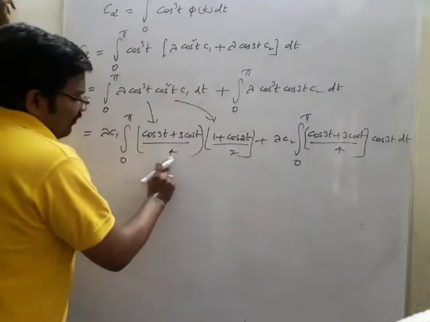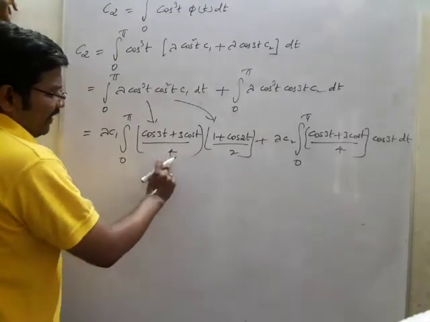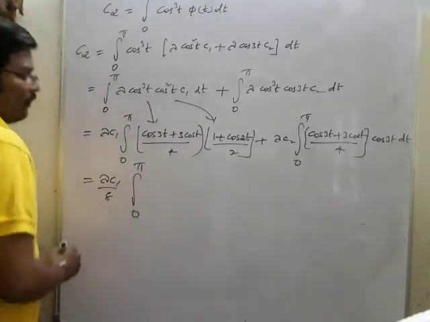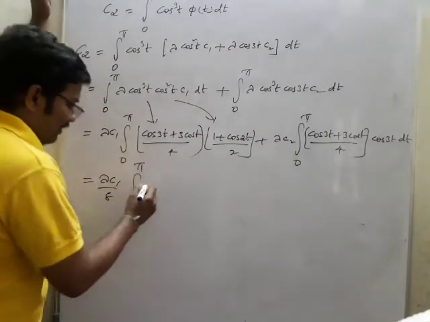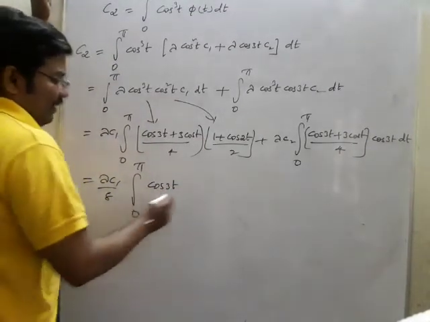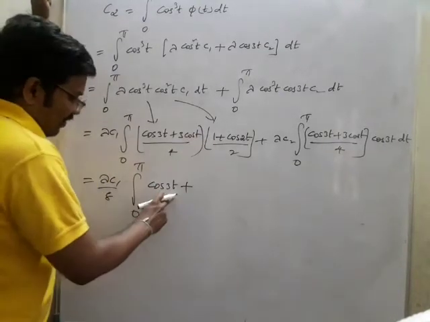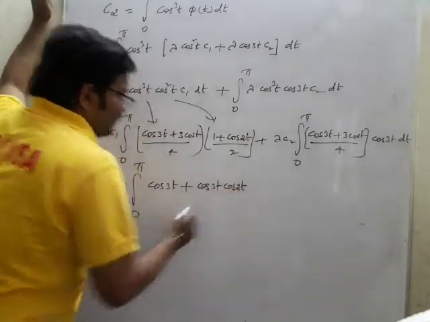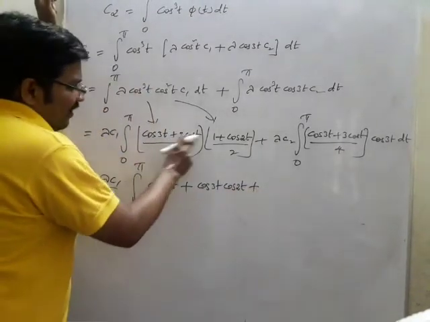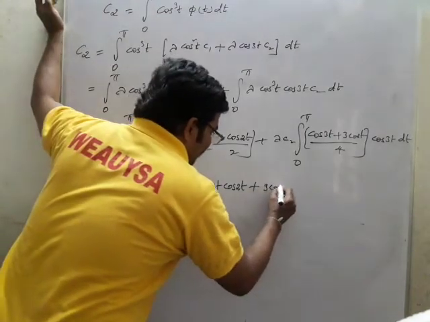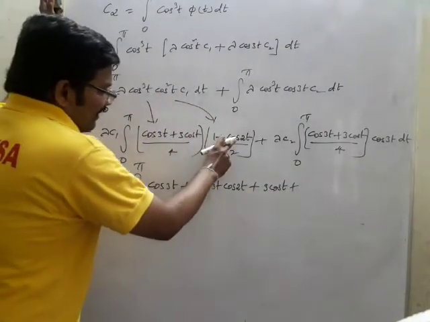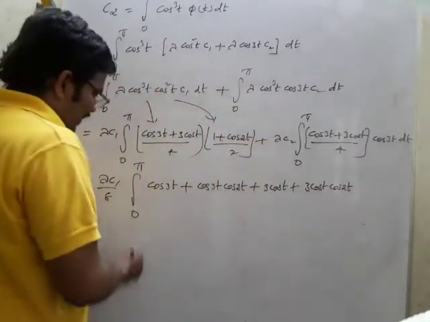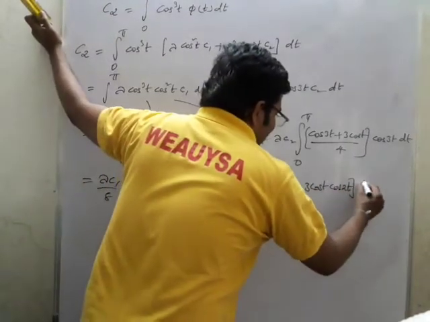Okay, now this is 4 and the 2 I'll take outside, means 8. So lambda c1 by 8 integral 0 to pi, I'll multiply cos 3t into 1, cos 3t. Okay, plus cos 3t into 1 is cos 3t, cos 3t into cos 3t into cos 2t. This is what we have, plus 3 cos t into 1, 3 cos t, plus 3 cos t into cos 2t. Okay, this is just for this term,